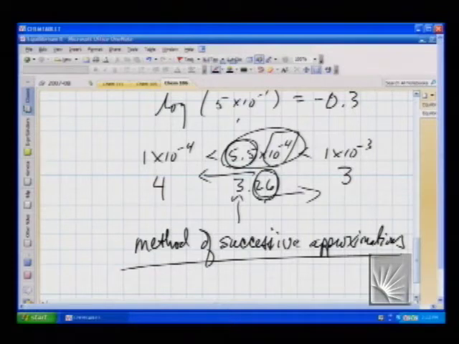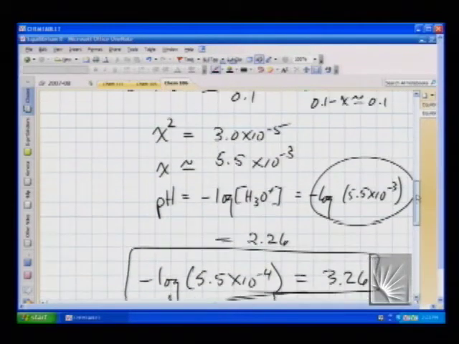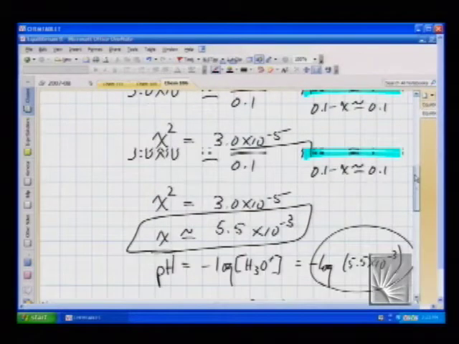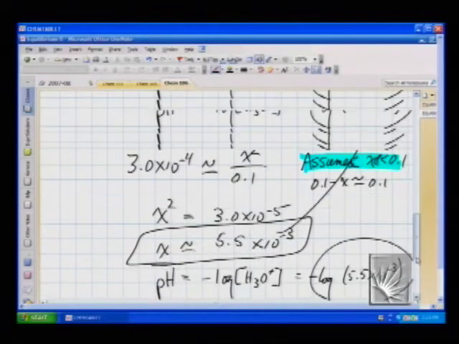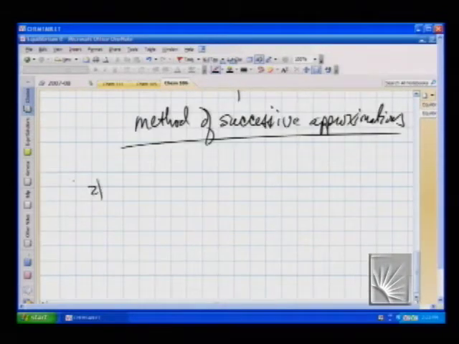If you then take the answer you get, in our case this number, and substitute it back in to that equation in the denominator and solve for x again, you'll get a better answer. So if we try that, step 2 would be